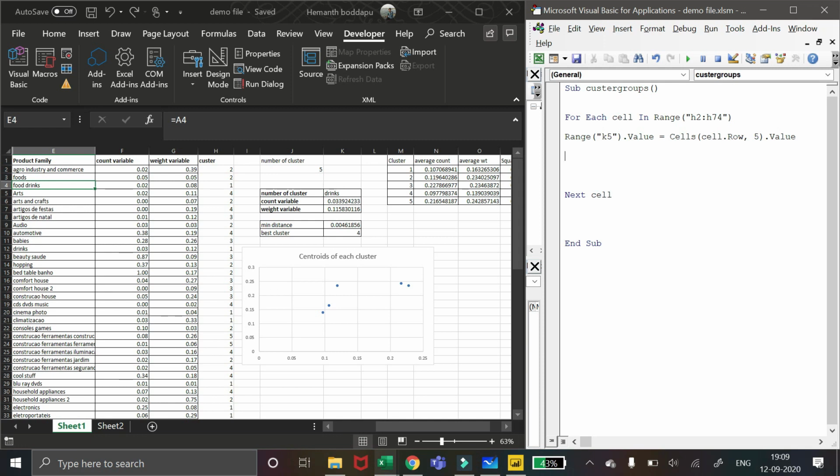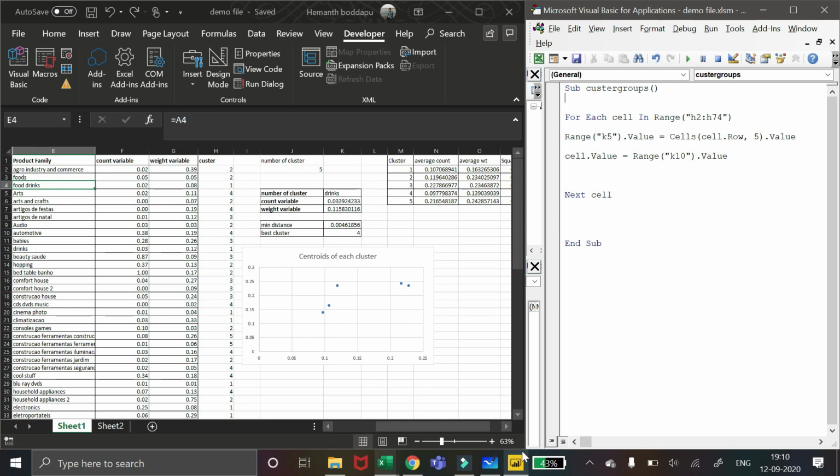Now taking the output and placing that in H column is remaining. So it is simple. Now you write cell.Value equal to Range("K10").Value. We are getting the output, that is the cluster number, in K10. Fine. This is all the code that is required, nothing else. So let's just save this macro as of now. You have to save this file as a macro enabled workbook.